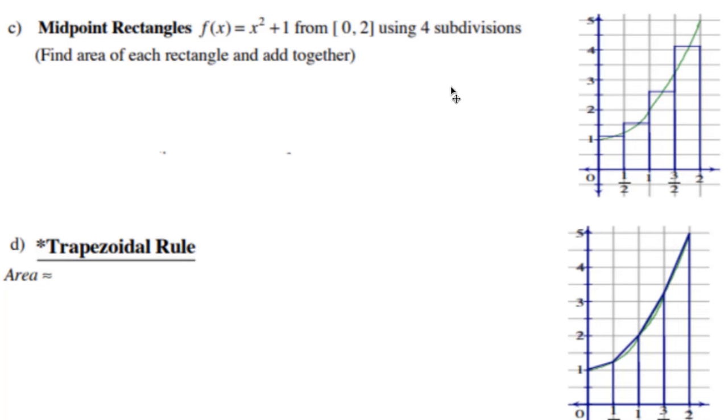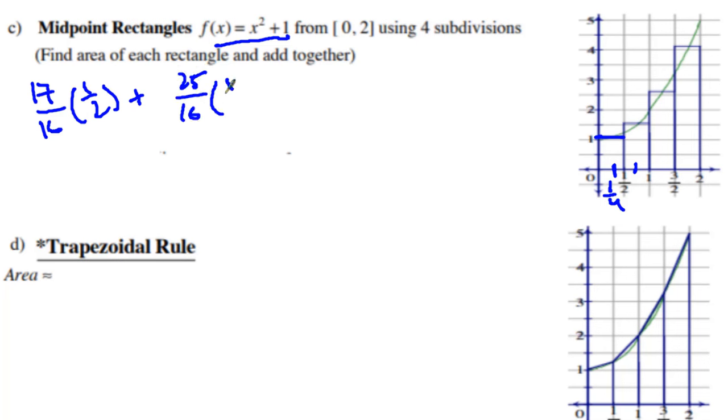So let's go to another type of Riemann sums, and this is midpoint. Midpoint's a little bit tougher, okay? And so you take the midpoint, which is 1/4, you would plug it in your original function, and you would end up getting 17/16. Okay, we multiply that by 1/2 because we're looking at 1/2 width. Then you take 3/4, you plug that in your function, you would get 25/16 times 1/2